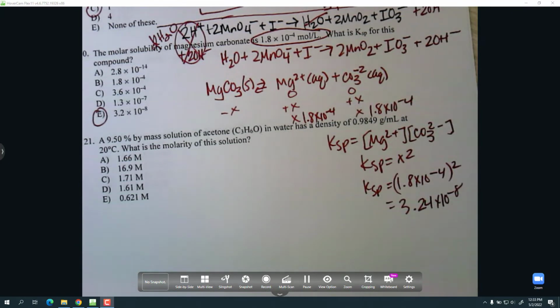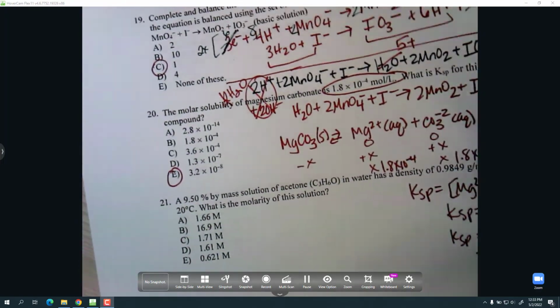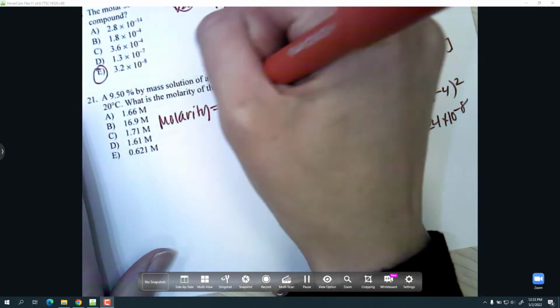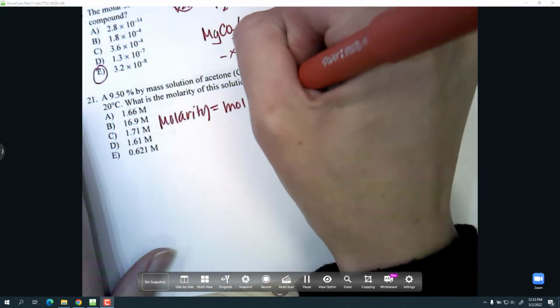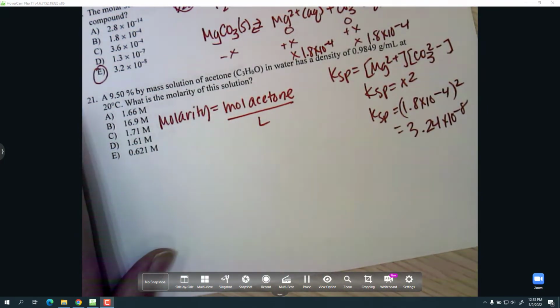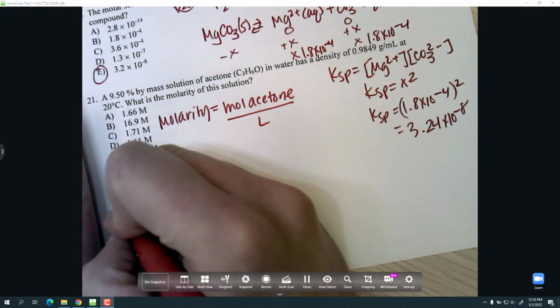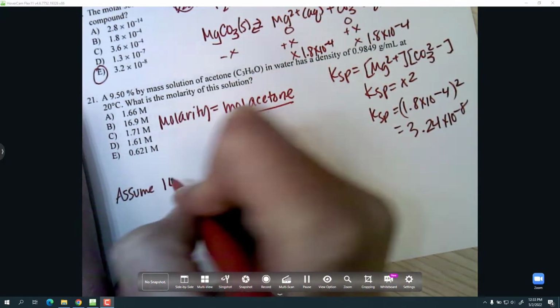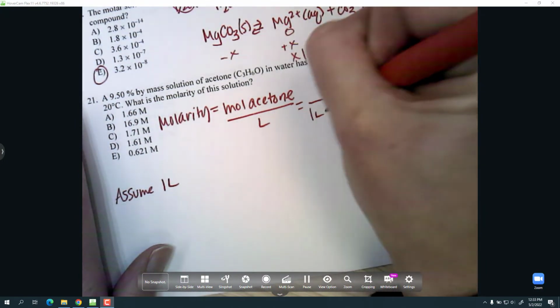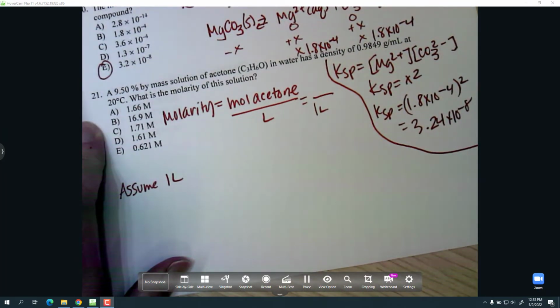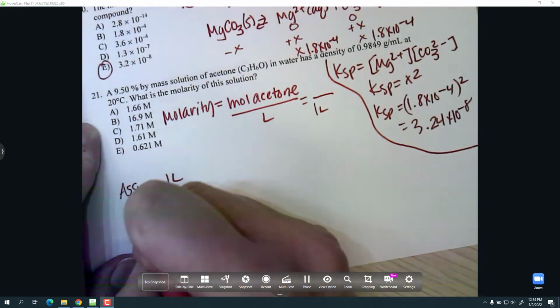All right, number 21, 9.5% by mass acetone, density given, what is the molarity? So for molarity, I need moles of acetone per liter of solution. I'm going to assume I have 1 liter of solution, so that's done. For the moles of acetone, I'm going to have to use some of my other information. I have my 1 liter, so I can figure out from the density